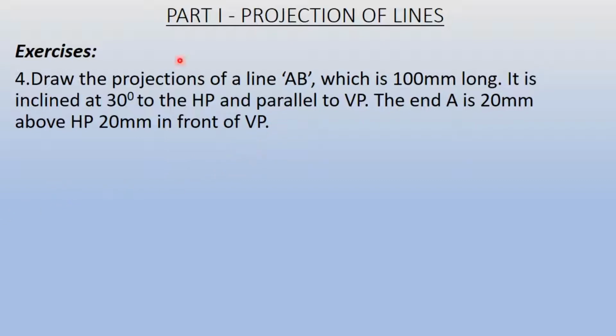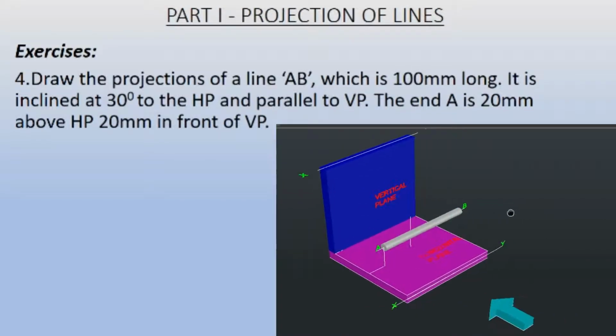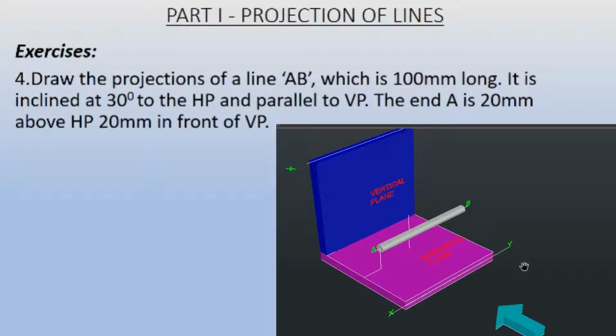So clearly there is a line with two ends A and B, 100 mm long, and it is given an inclination angle with respect to the horizontal plane, and it is parallel to the vertical plane. So this is in a way a simple question, but you have to understand the explanation part very carefully because the inclination is given. In this question, it is mentioned that the line is inclined to horizontal plane. So as we have seen, this is a line AB, this is vertical plane, this is horizontal plane.